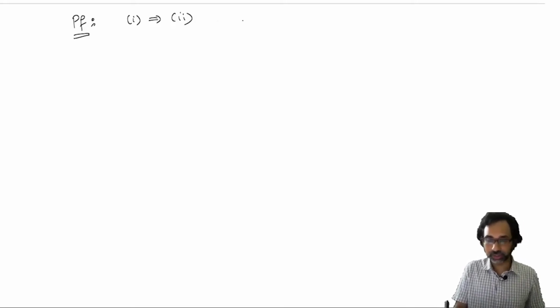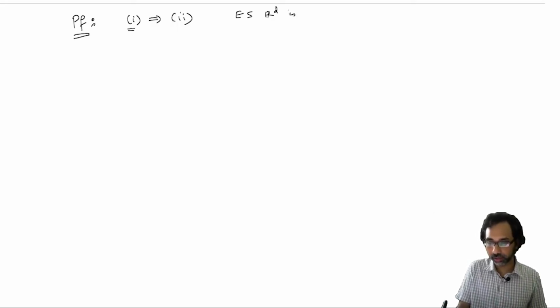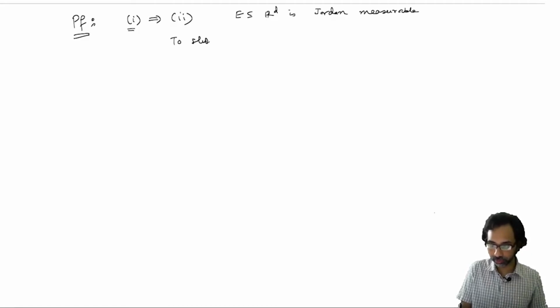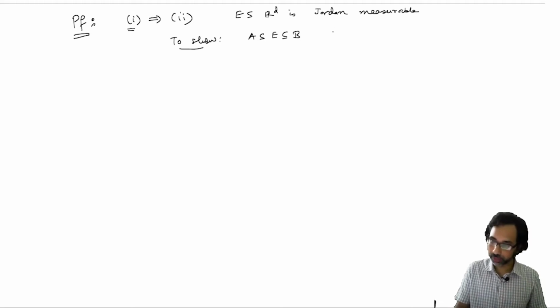Now by Jordan measurability, so we know that from 1 that the set E is Jordan measurable, and we will produce two elementary sets, one inside E and one covering E, A, B elementary,